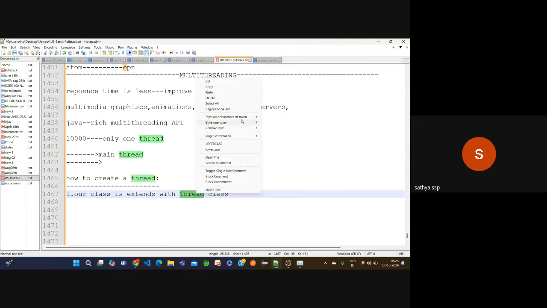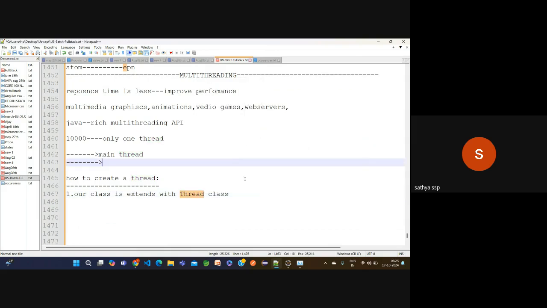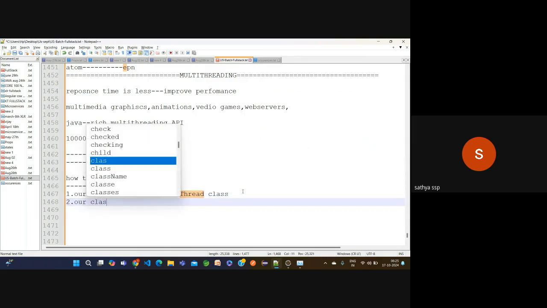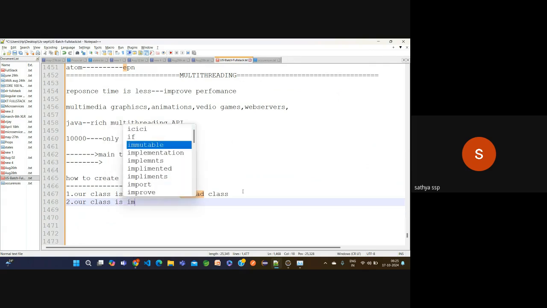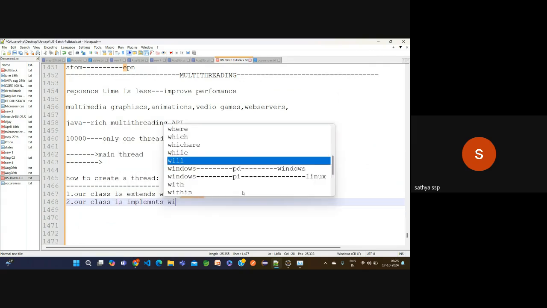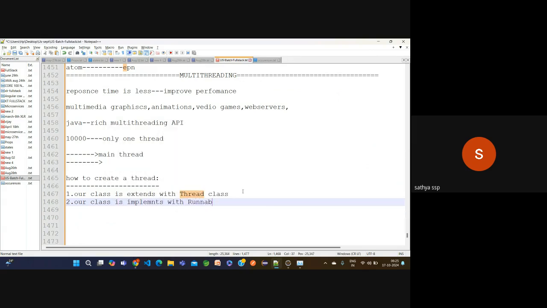The second one, our class implements the Runnable interface. Runnable is a predefined interface.